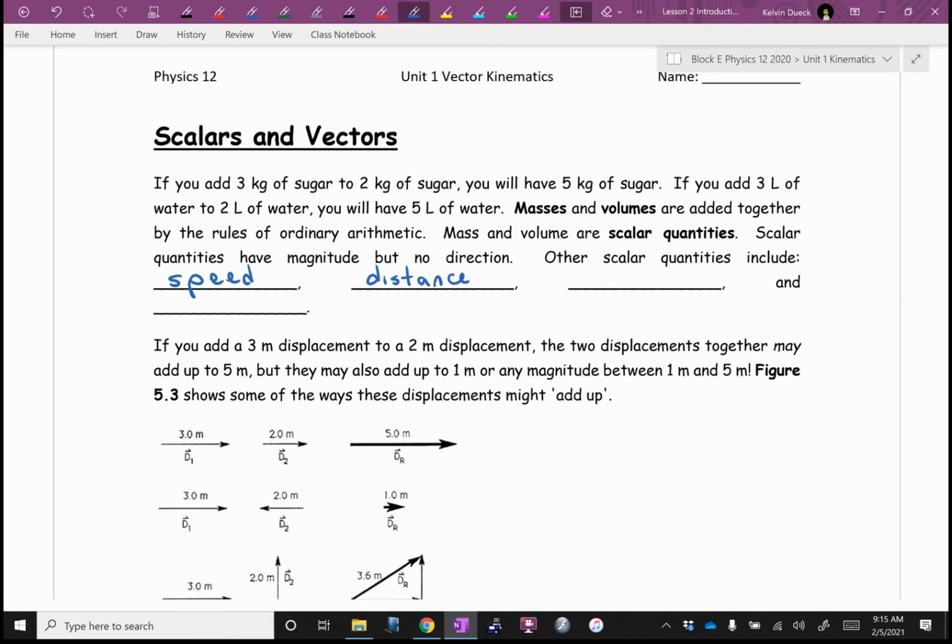Other scalars that we would have got to last year, mass, I already mentioned. Energy, which we'll get to this year, is a scalar, which is one of the reasons we'll use energy to analyze roller coasters, because roller coasters from the side view are changing direction all the time. You can do it with a vector approach, but you absolutely need calculus then. You can't do it without calculus. So we'll use a scalar approach. There's a concept in physics called work. It's a scalar. Oh, the big one,